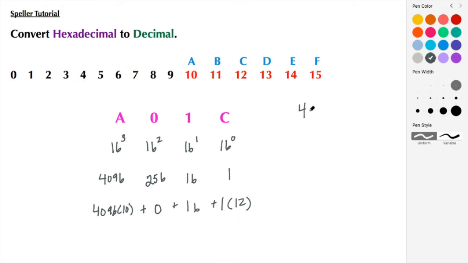So when you have 4096 times 10, you just need to add a 0, which makes that 40,960. Then I'm going to add 0, then I'm going to add the 16, and then I'm going to add 1 times 12, which is 12. So now when I add these numbers up, this is going to give me the decimal equivalent. So 6 plus 2 gives me 8. 6 plus another 2 again gives me 8, and then I bring down the 4, the 0, and the 9. So here I see that A01C in hexadecimal, its equivalent form in decimal is